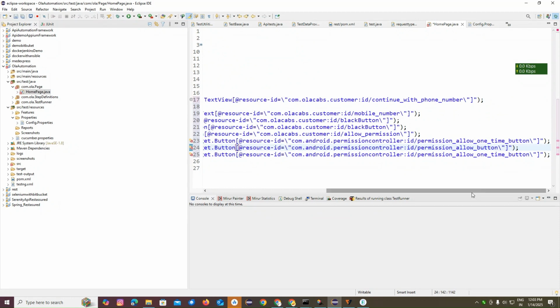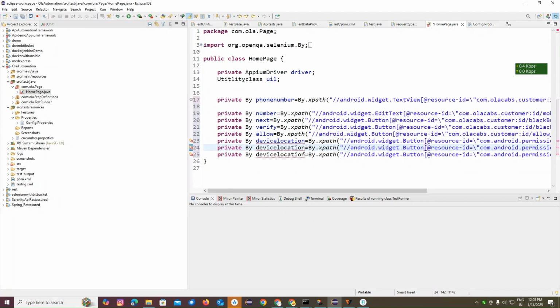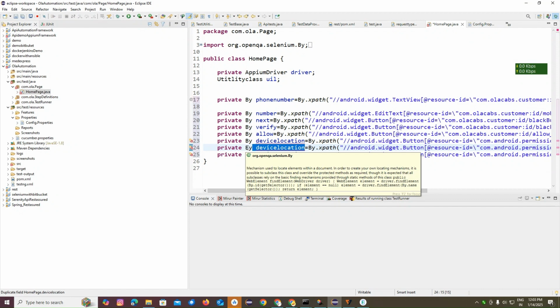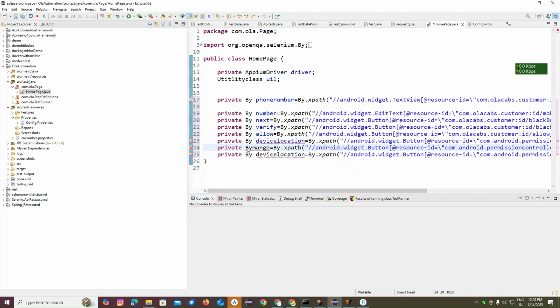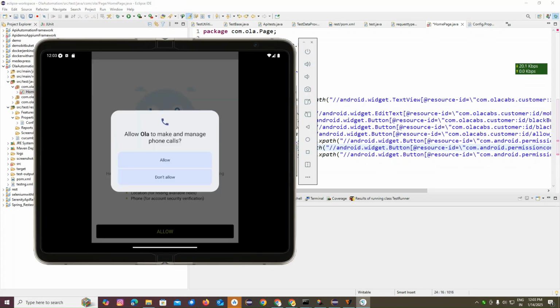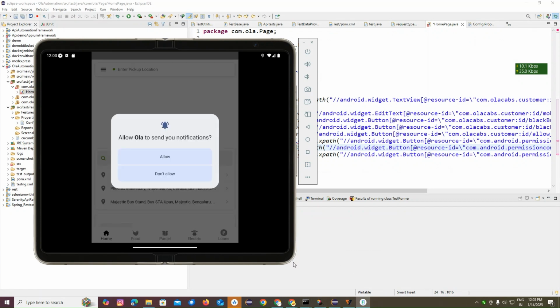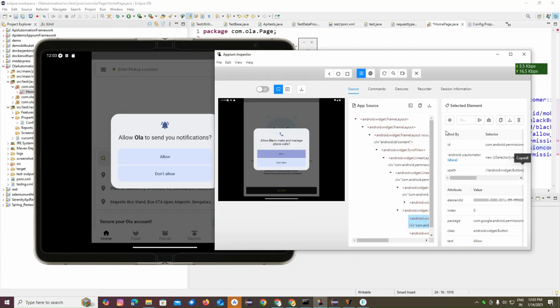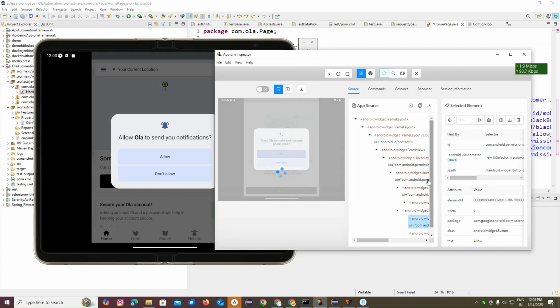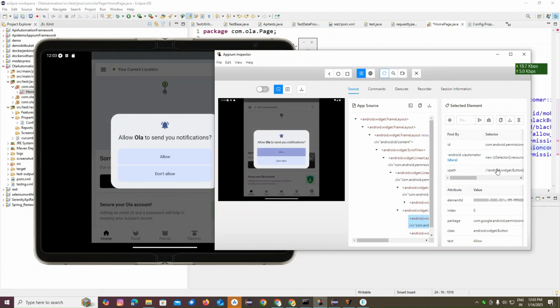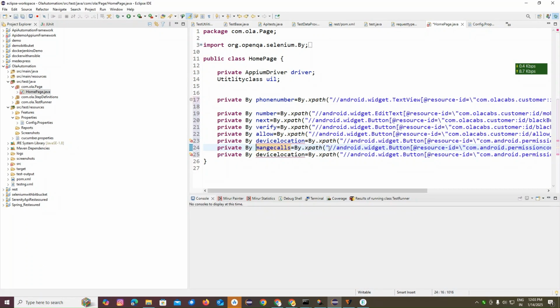We'll change the locator to manage calls. Now we click here, so another notification will come, so we need to refresh it and locate it. I'll just go here